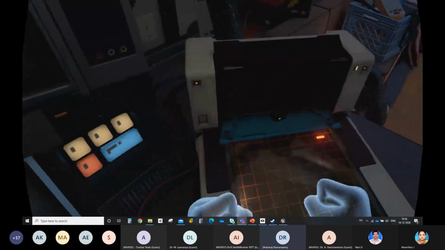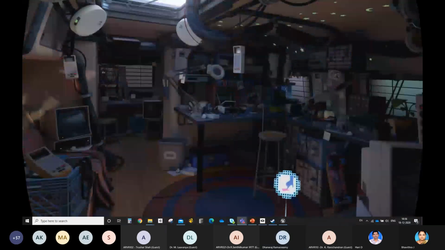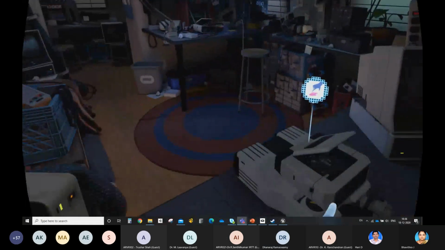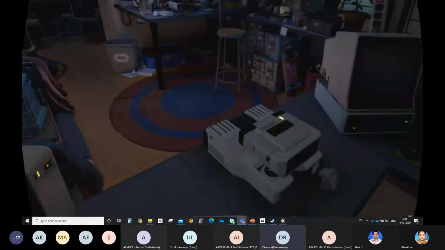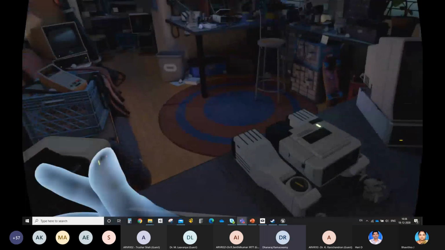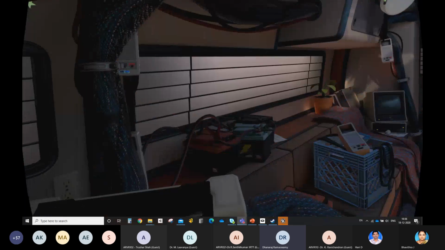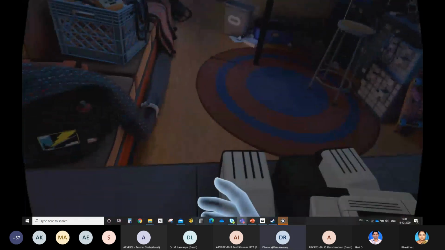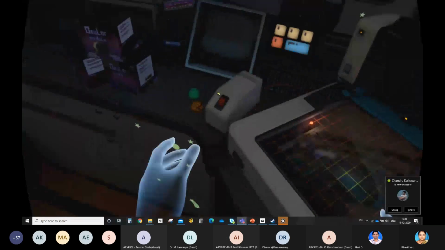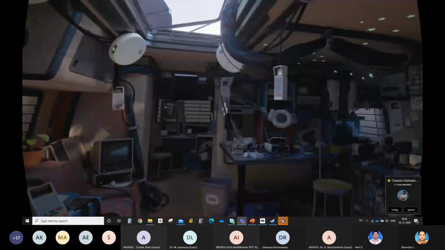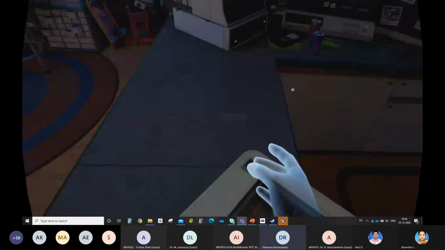As in the real world, you can use your hand. See. Even you can walk around the room.